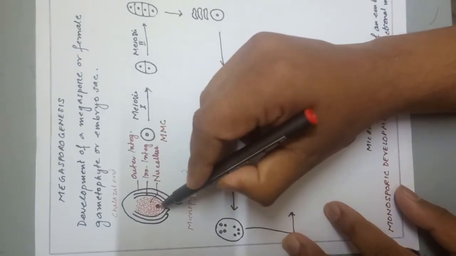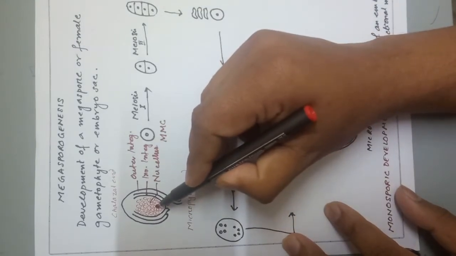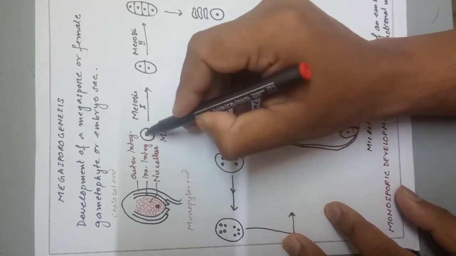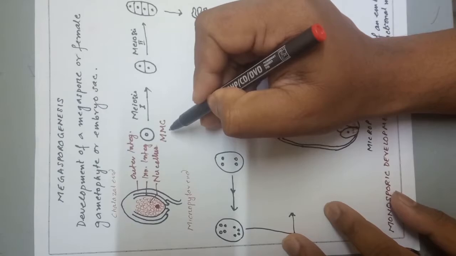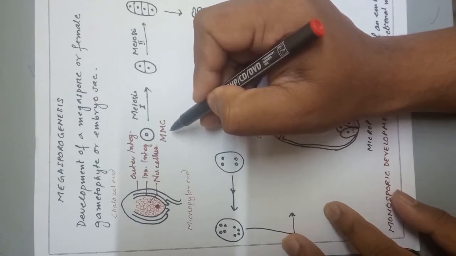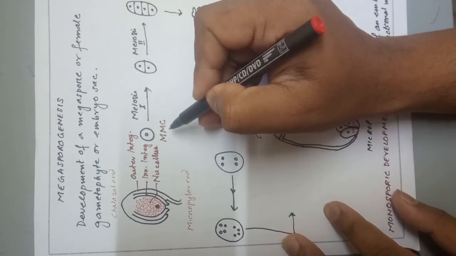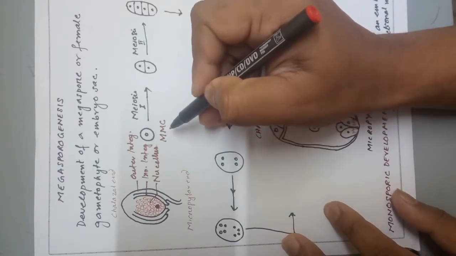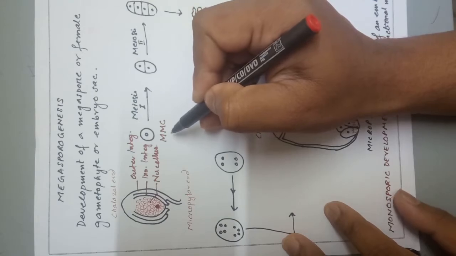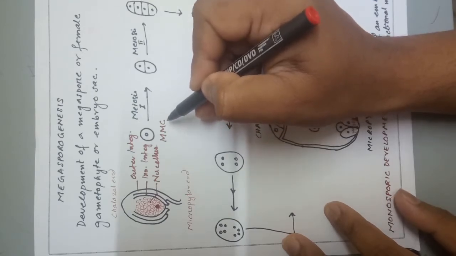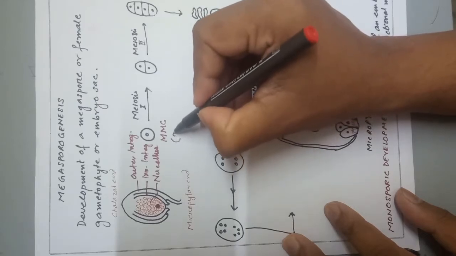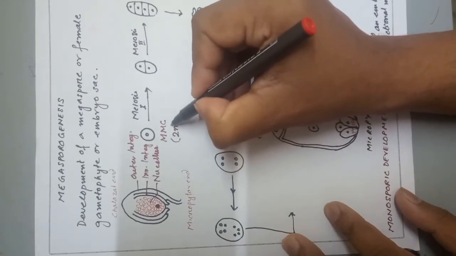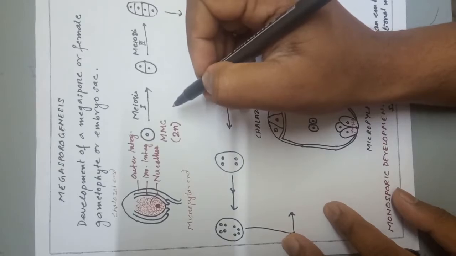So this red cell I have marked here is a megaspore mother cell. I have taken this cell out here, this black circle. I hope you remember the pollen mother cell. The pollen grains or the male gametophyte arise from the pollen mother cell. The female gametophyte or the embryo sac arises from the megaspore mother cell, MMC. And the megaspore mother cell, like the pollen mother cell, is a meiocyte. That means its ploidy will be diploid, 2n.